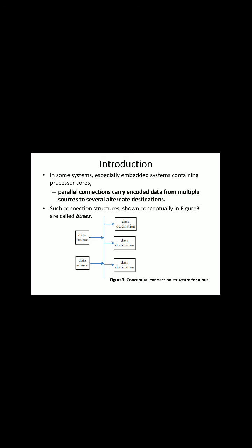You can see the connection between these data sources and destination registers looks like a simple 3 wire connection, but actually there will be connections from each of the data sources to each of the destination circuits. This bus is actually carrying 6 wire connections from each of the sources to each of the destinations. It looks like a simple wiring connection. If this is understood, then the rest of our lecture will be somewhat easier to understand.